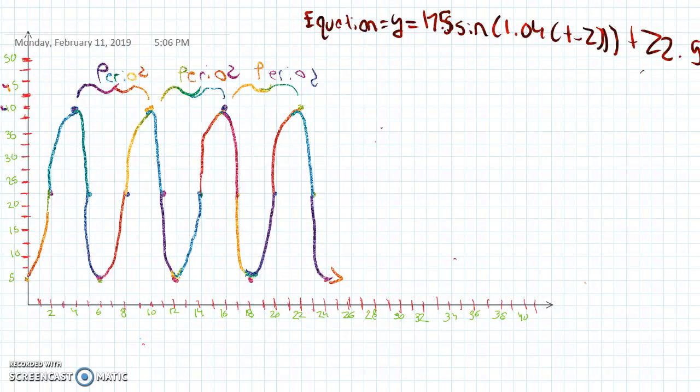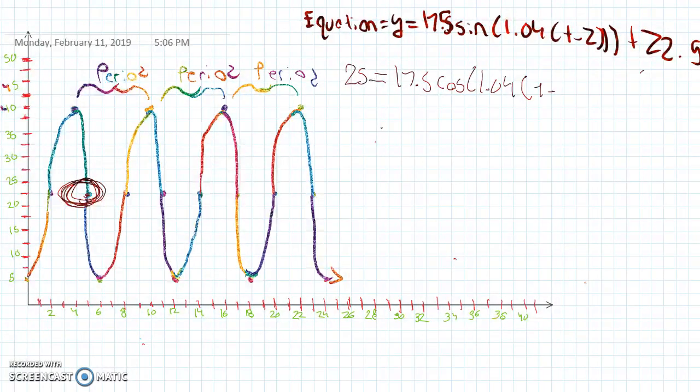To answer the question, we would need to change the shift of our equation. Since we started with sine, we would transition to our second midpoint, which lies right where I just pointed. It's kind of confusing to some degree, but if we look at the midpoint, we can see that it is going in a downwards motion. As you can see, that would be the cosine of our equation. And so we can write it as 25 equals 17.5 cosine, open parentheses, 1.04, open parentheses, t minus, instead of the 2, we will look at the x-axis of the second minimum point, which is 5. In this case, it would be t minus 5